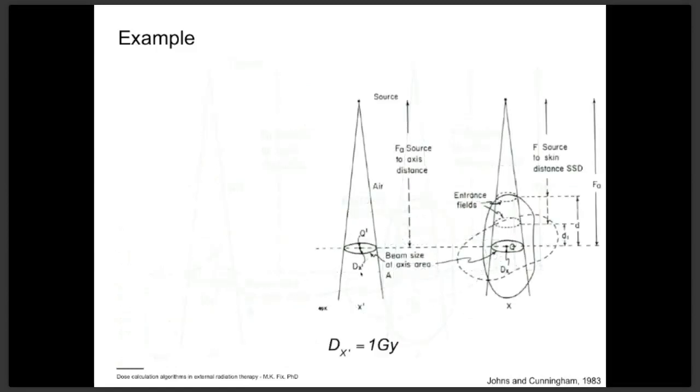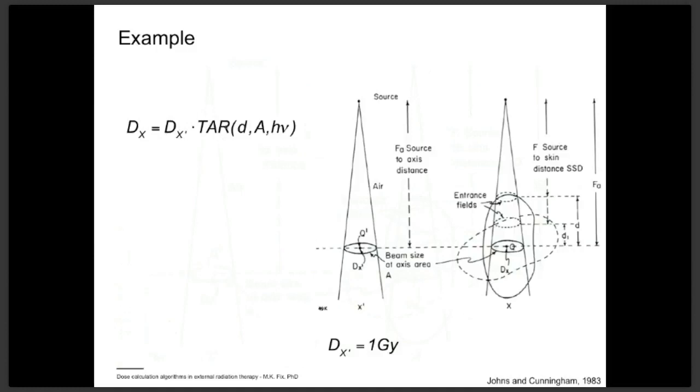So if we now have a dose at X prime of 1 gray, we ask what is the dose contribution in the point X for one beam and the second beam to end up with a summed dose of this situation. So we start first to determine the dose X, starting from the dose in X prime,